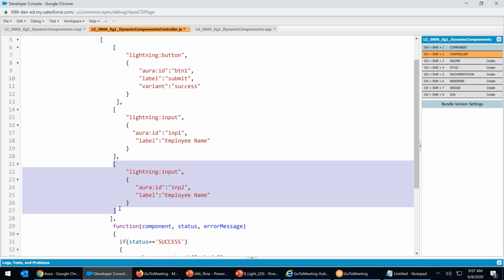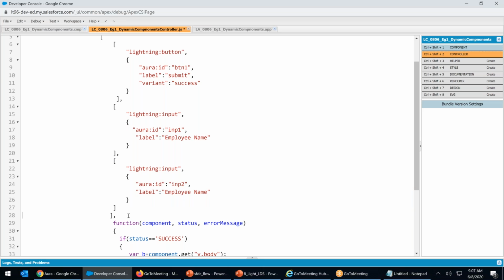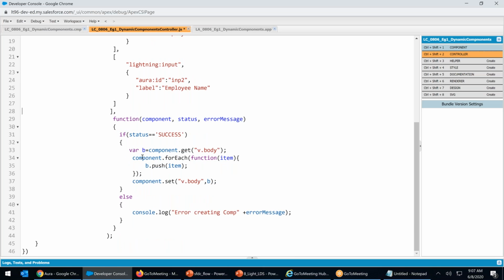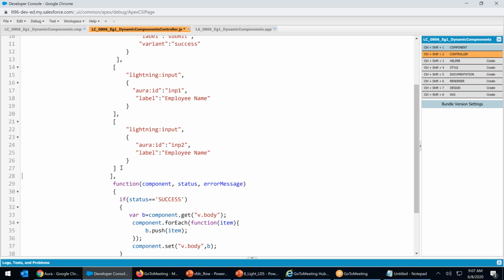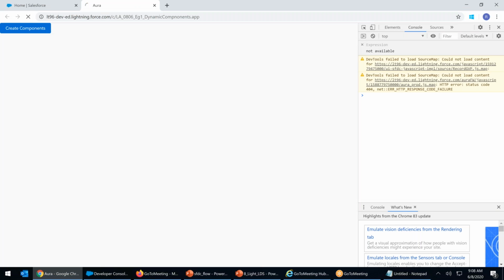You have to do it like this, the bricks: first one, comma, second one. Let me see once again. First, second, third, perfect. Control S. That's the problem. Go ahead, refresh.